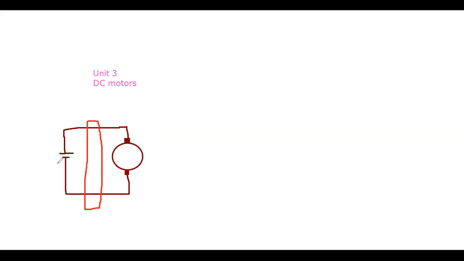Since it is a DC supply, a very high current will flow in the DC motor at the time of starting, because at starting the speed of the motor will be zero, that is 0 RPM. When the speed is 0, a large amount of current flows from the DC supply to the motor. This may damage the components of the motor. So in order to overcome this drawback,